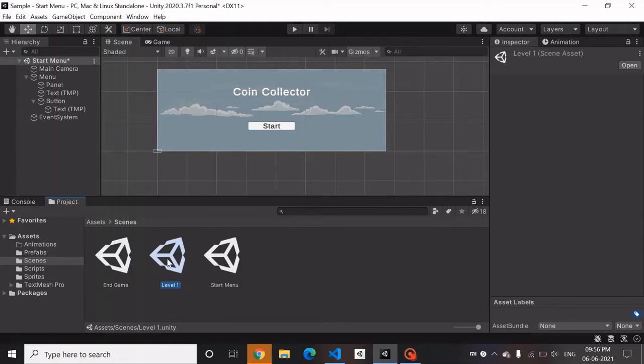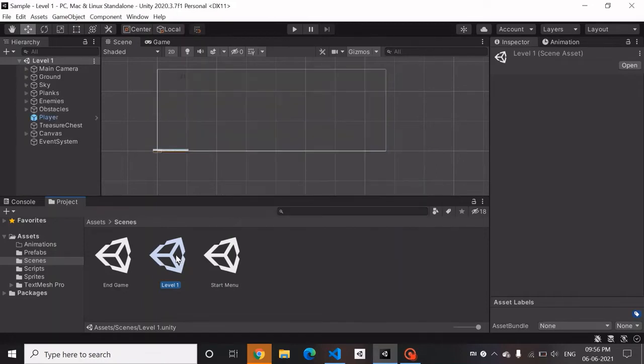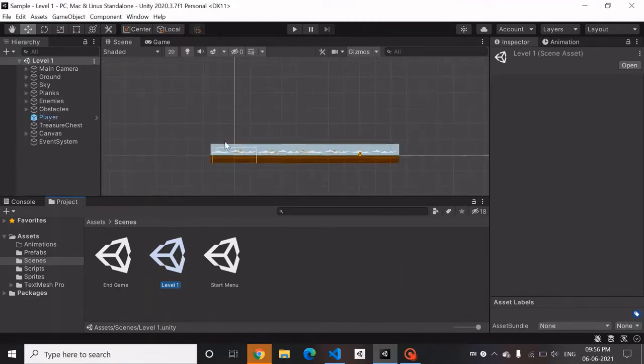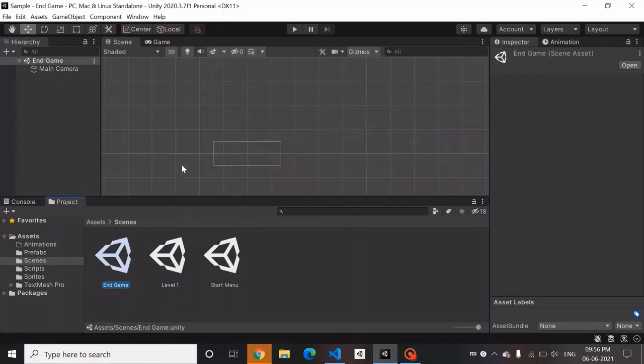The third way is you show whether the player won or lost in the level 1 itself. So once the game gets over, once we destroy the player, we also show some text of whether the player has won the game or lost the game. So right now we'll just make an end game scene which shows an option to replay the game.